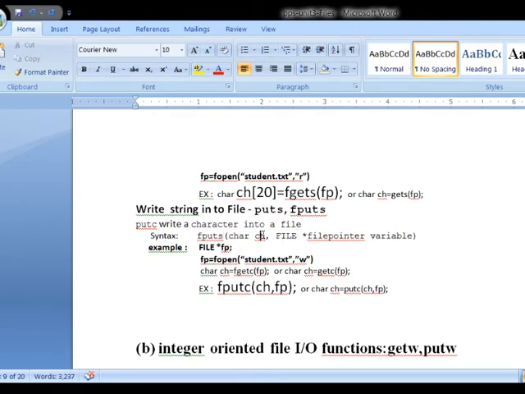You write the same, but open a file, create a file, open a file in write mode, and then first get the string from the file.